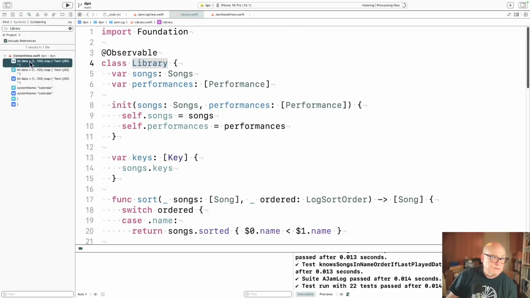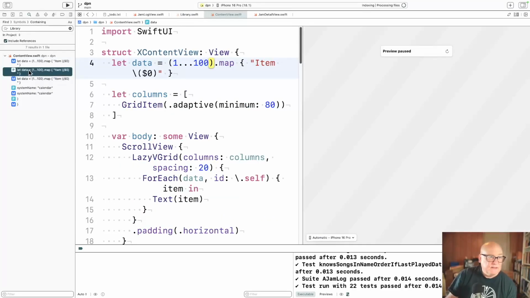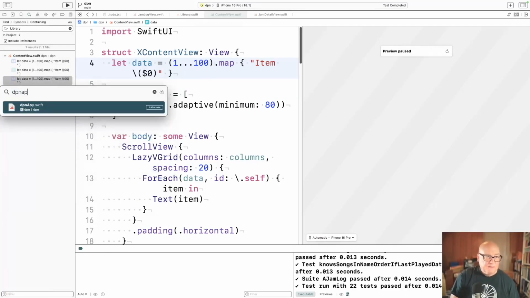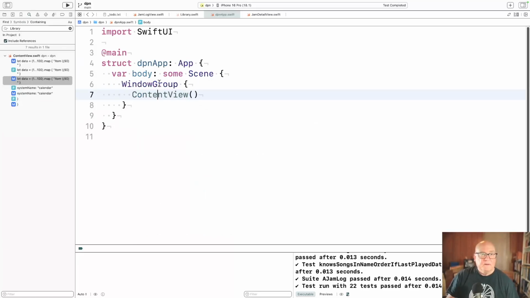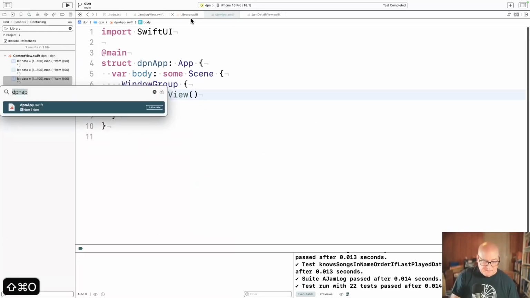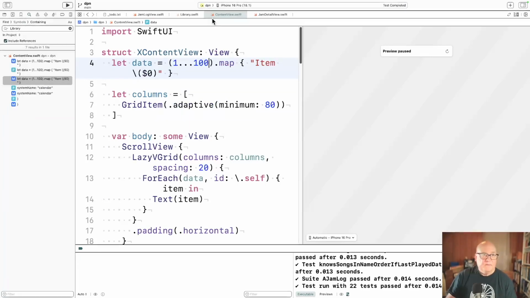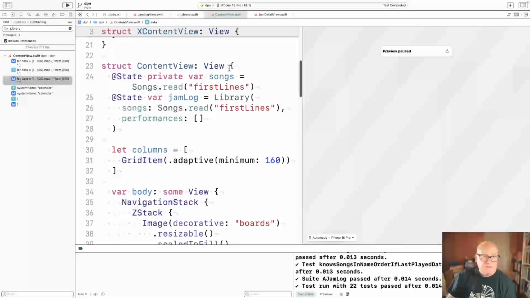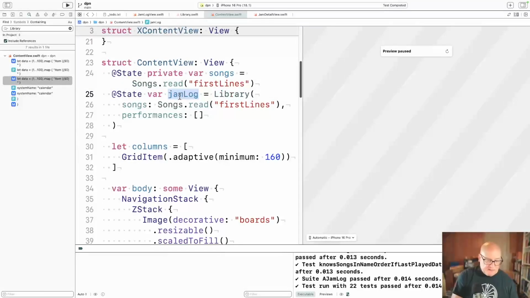Really, that's the only one? I don't think that looks like using a log. Okay, let's find DPN app. Nope, content view. Okay, that's our X1 JamLog. Let's rename that.